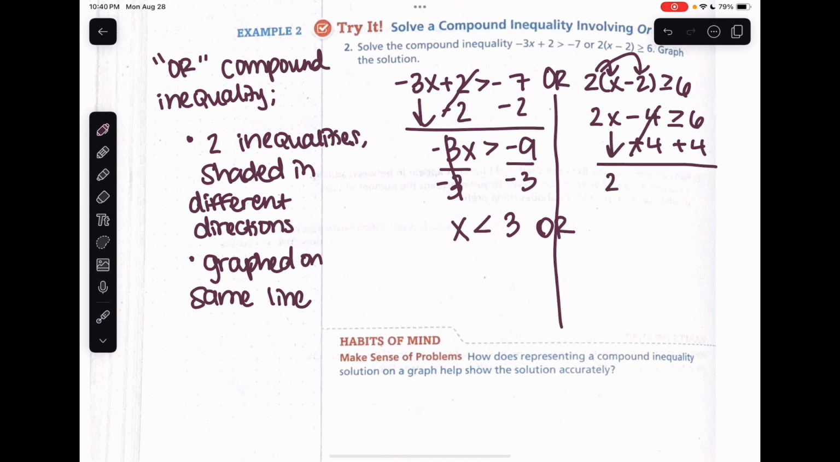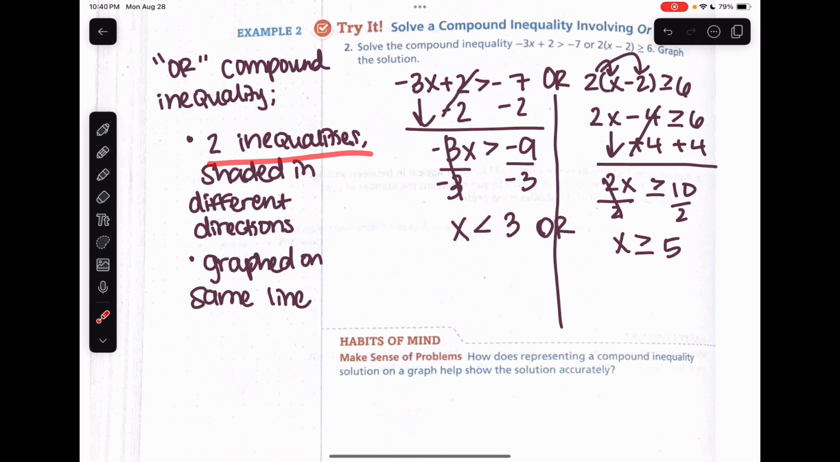Drop down. So I'll have 2x is greater than or equal to 10. Divide both sides by my coefficient. x is going to be greater than or equal to 5. And again, I can look here and see that I've met the qualifications of an or compound inequality, where I